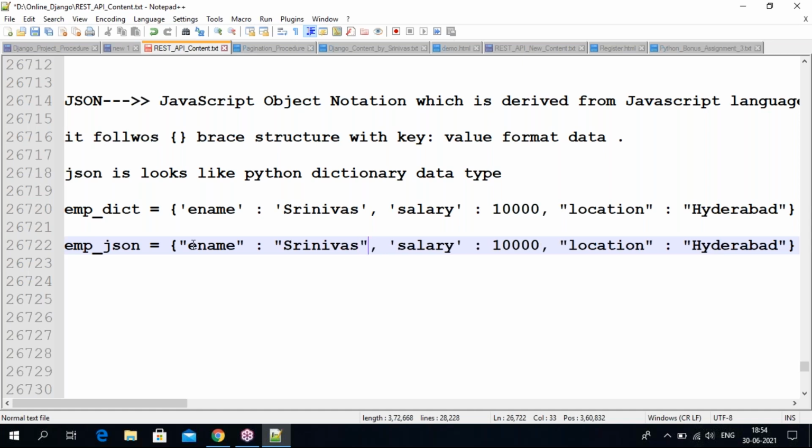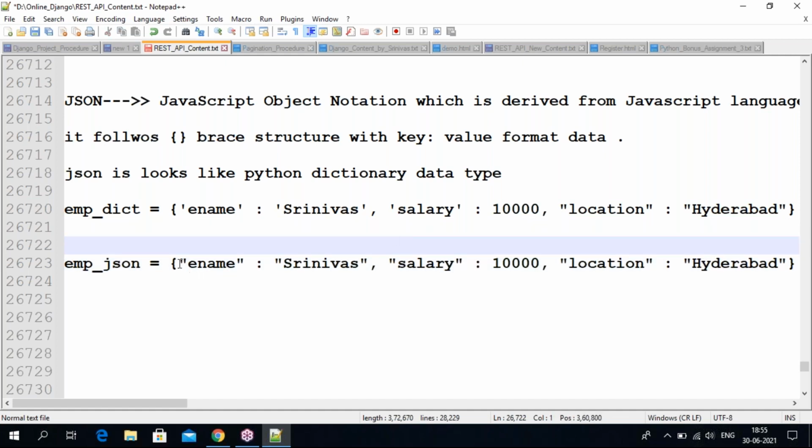Keys can be any value, but must be string format only, and string means double quotes. Values take double quotes based on the value; this is a string value, that's why double quotes are required. Salary is a number, so there's no need for double quotes, while location has double quotes because its value is a string.